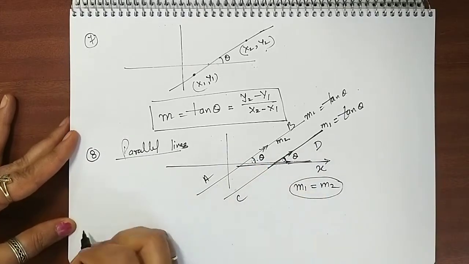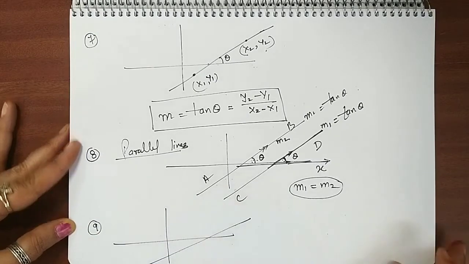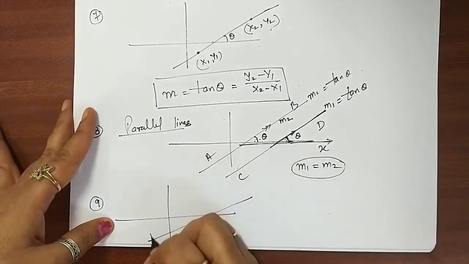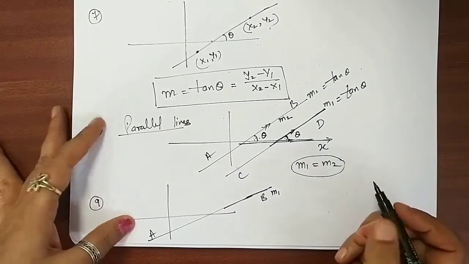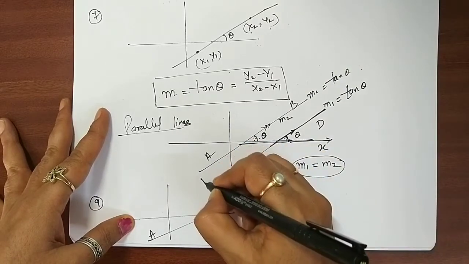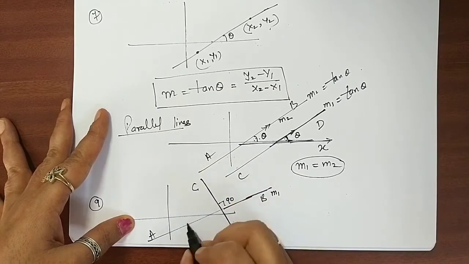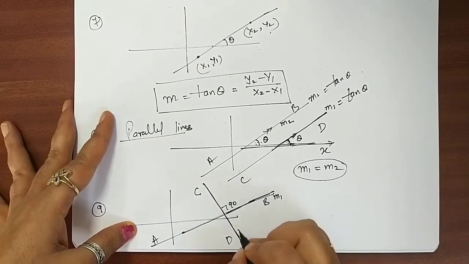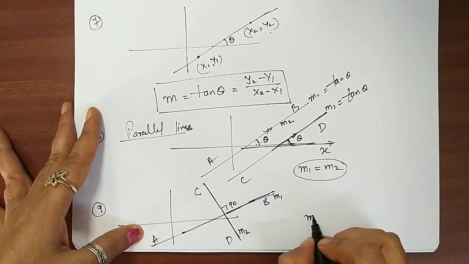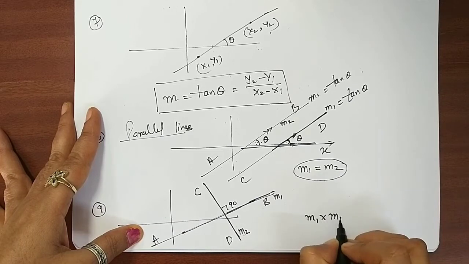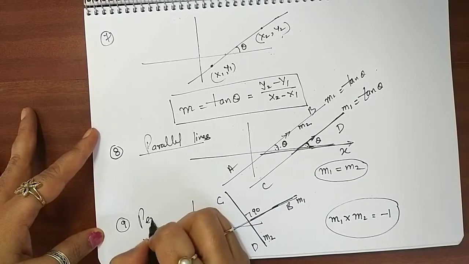Keep that in mind. Ninth formula I wanted to tell you, if there is some line which is given, any random line say AB, and its slope is also provided L1, okay, then any line which is perpendicular to this line at an angle of 90 degree, so the slope of that line, okay, how to find out? The relationship is m1 into m2 is minus 1. This is for perpendicular lines.